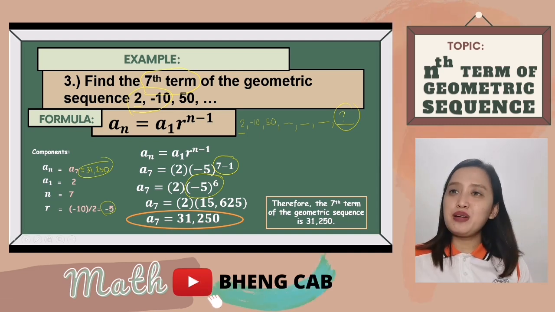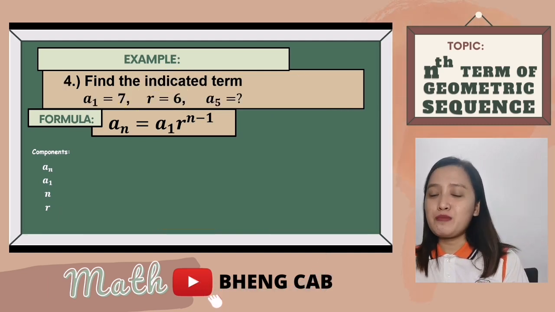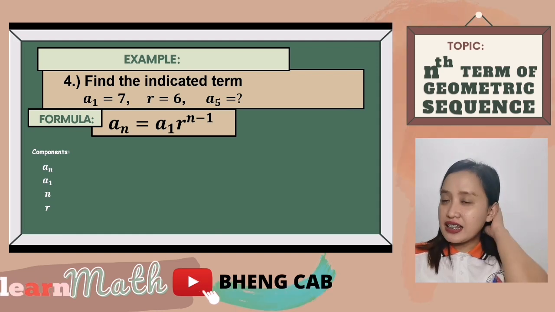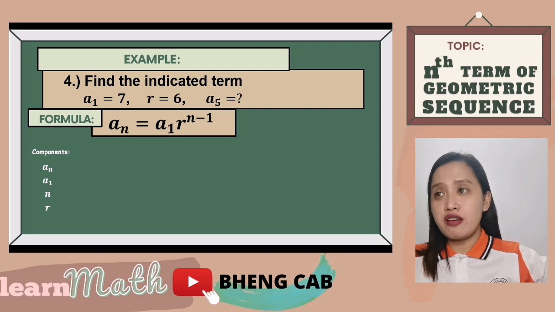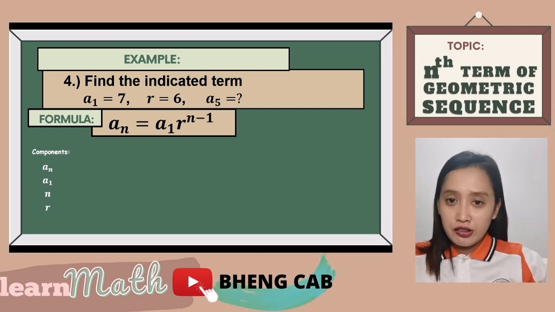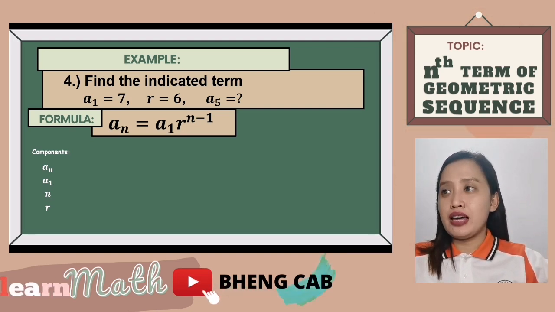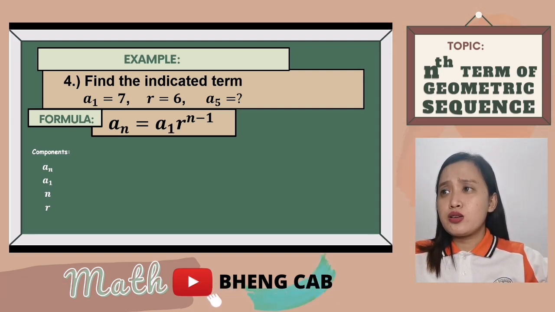Okay? So, paano naman yung pang-apat na given? Or pang-apat na example? Find the indicated term. With the given a sub 1 equals 7, r equals 6, and ito yung hinahanap natin, yung indicated term nga, a sub 5 equals question mark. Okay? So, kung kanina,